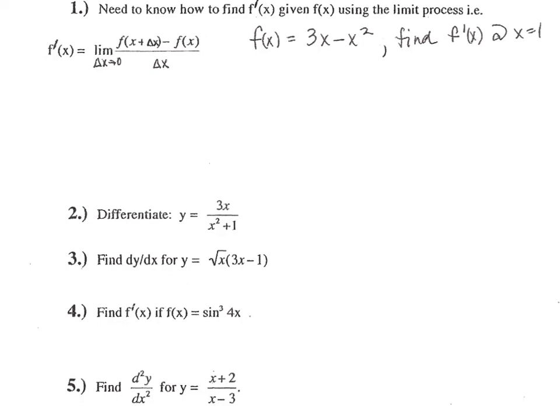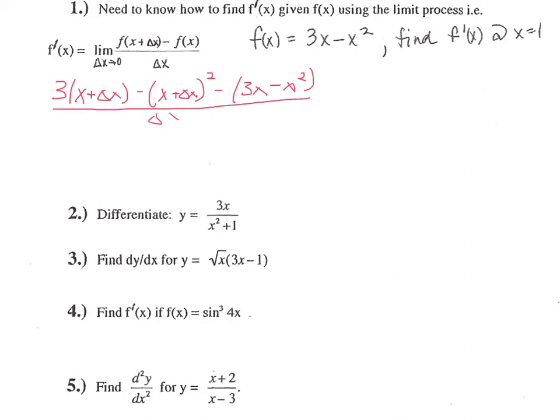In problem 1, we're going to use the limit process to find the derivative of 3x minus x squared. So we're going to find the limit as delta x approaches 0 of 3 times x plus delta x minus x plus delta x squared minus f of x, which is 3x minus x squared, all over delta x, and simplifying that, we'll get 3x